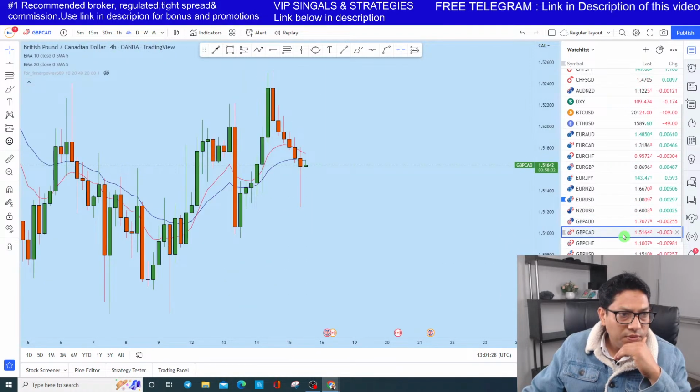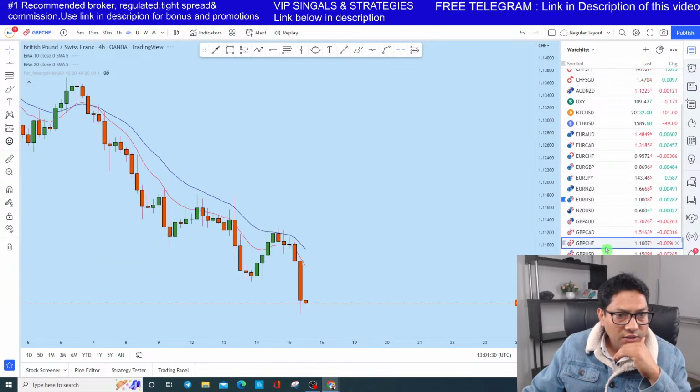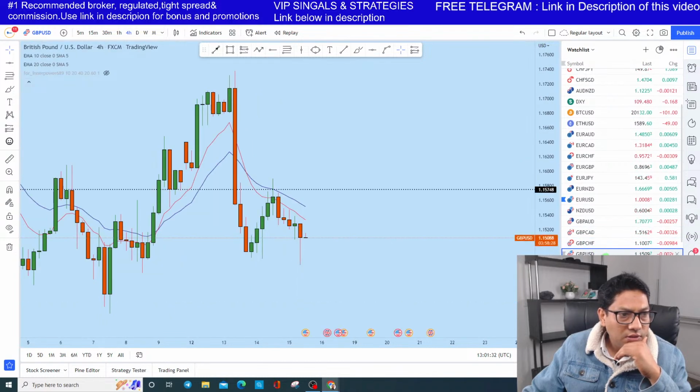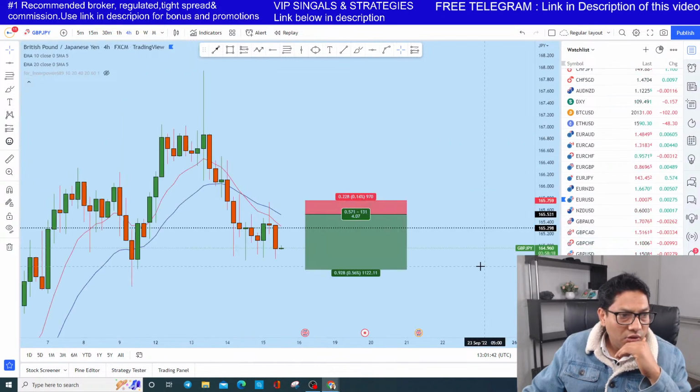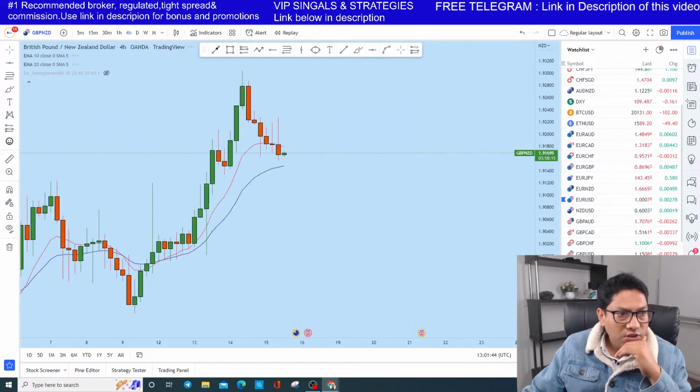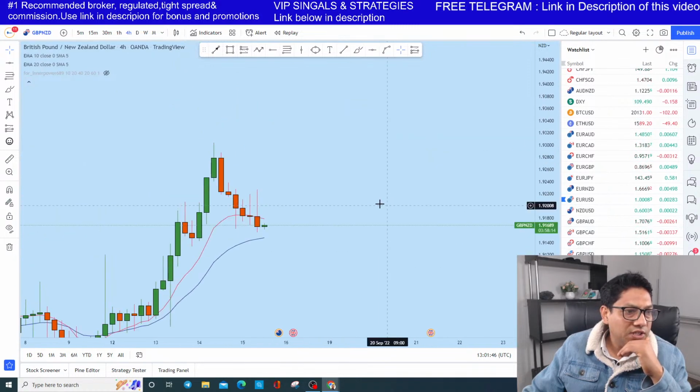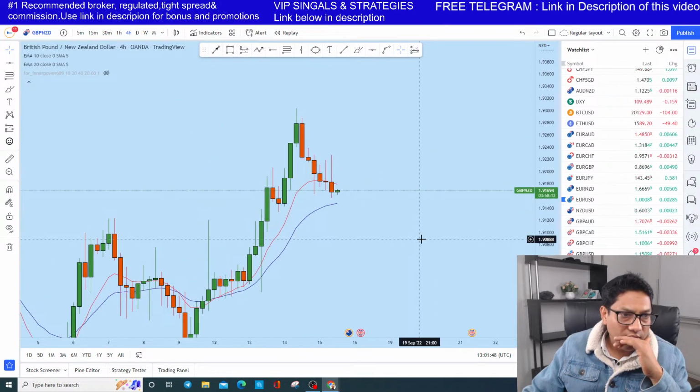GBP AUD, GBP CAD, GBP USD also bearish. You see with this red candle it left a weak spot, the price will come to fill that weakness. GJ also bearish. GBP NZD, okay, GBP NZD is highly bearish. Let me look at the daily,